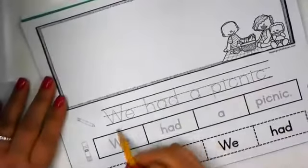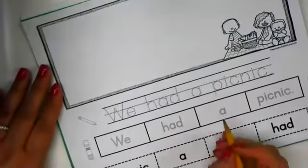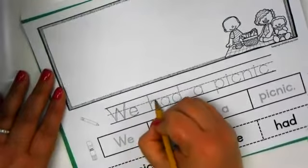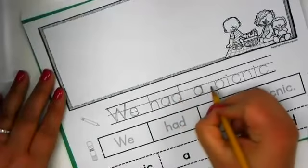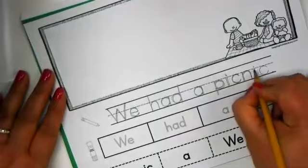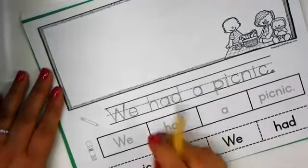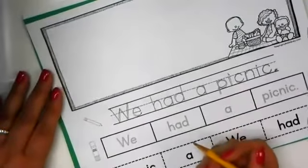And what we're going to do is we're going to write this sentence and read it. And then we're going to try and figure out what we want to draw for a picture. Okay, so let's do our tracing first. Let's do all that like we always do. Let's trace the sentence. Just like that. Make sure to make that period nice and big because we want to see it. Okay. Now, if you're still tracing, press pause, and then you can press play again when you want to join